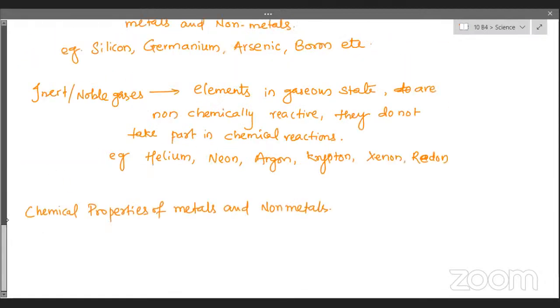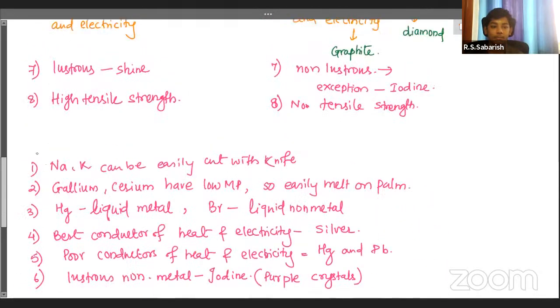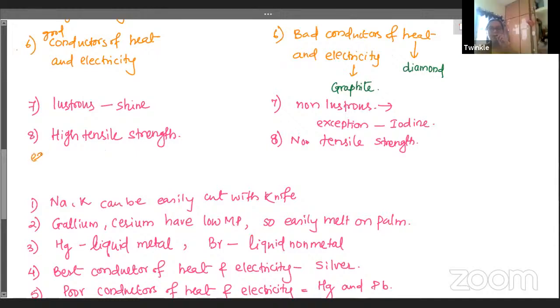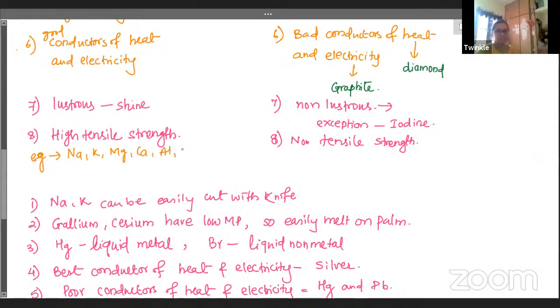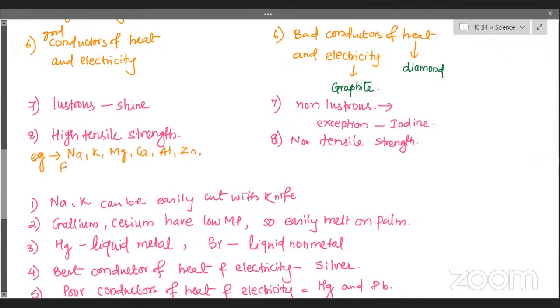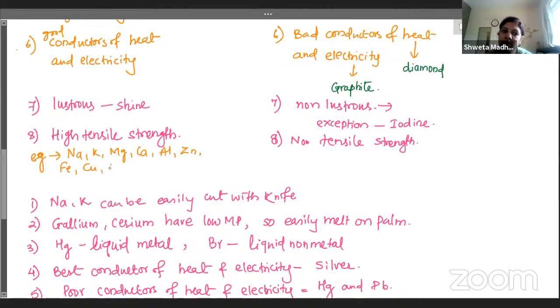Ma'am, in their electronic configuration, they have 1, 2, or 3 electrons left in the outer shell. Yes, so here it is sodium, potassium, magnesium, calcium, aluminium, zinc, iron, copper, mercury, silver, gold, platinum,